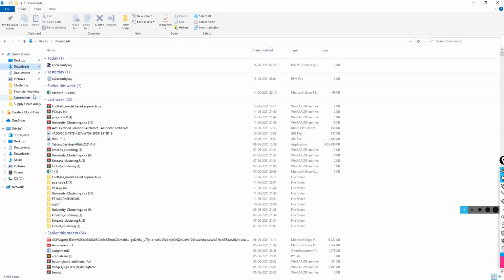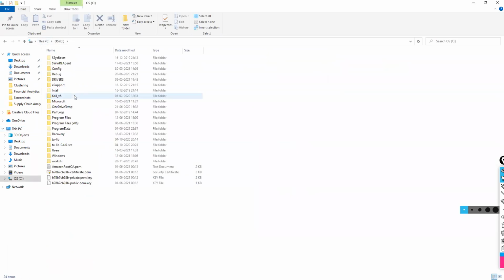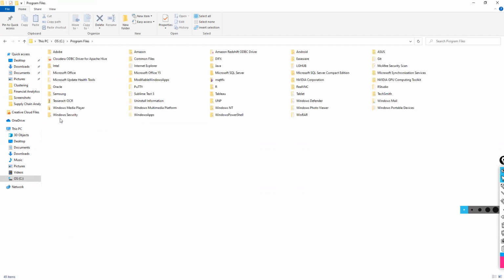After installation, it will be in your C drive, right? This PC. And everything will be kept under either this program files or this one, program files. I'll have all my installations here. Putty is there. After installing, I got the Putty folder.